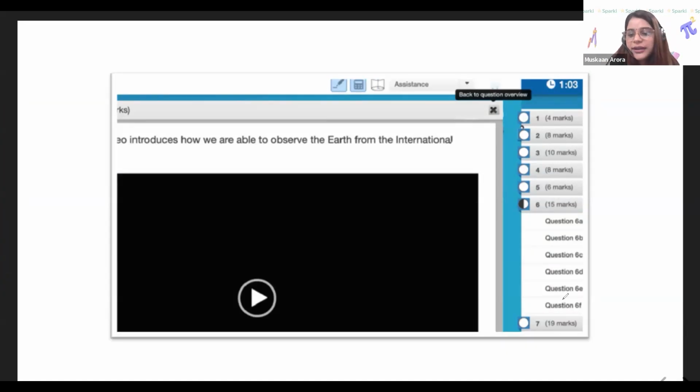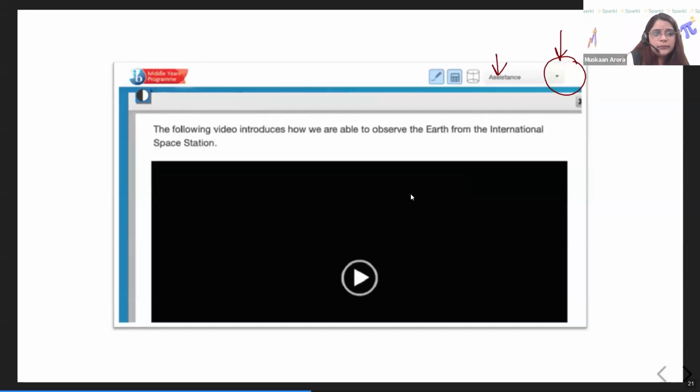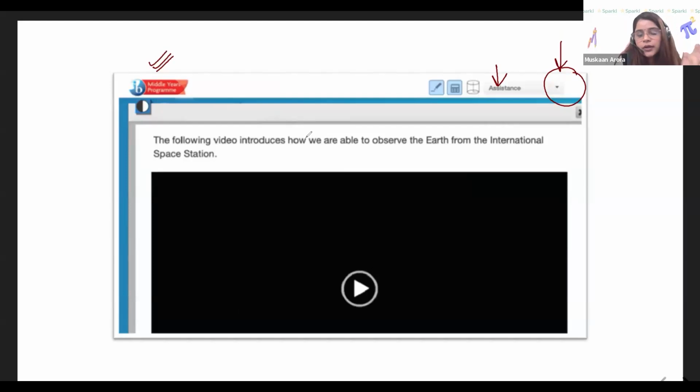Yes, you can simply click on the question from the drop down that you have on the right corner. It will also keep showing the time that you are left with. Or you can click on the cross button that you have over here to close this question and it will take you back to the main screen, right? There's one more way to go back, and that is to click on the MYP's icon that we have over here. This will also take you back to the main screen in case someone panics during the exam. They must know all their options. Okay. Any questions? Anyone?